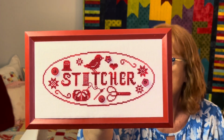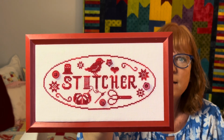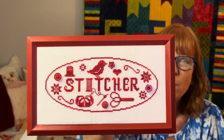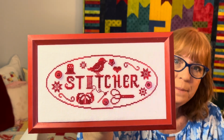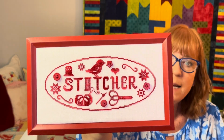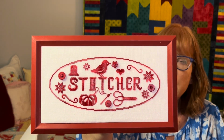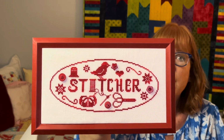Hers she stitched on more like a flax natural kind of linen, so she had white buttons. White buttons weren't really going to show up on here, so I put red buttons on mine. And other than that, it is stitched exactly as charted. She used Gloriana Poinsettia on hers, and that is my favorite variegated red, but I want to kind of mix it up for that wall a bit. If this ends up on the wall, this is a table easel frame, so